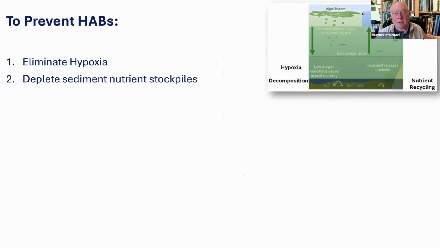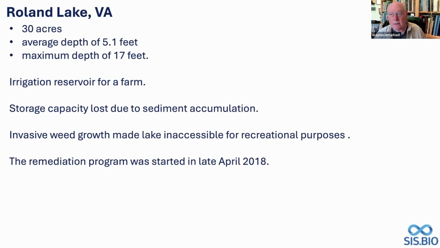Well, the next step is not just enough to control hypoxia and get the oxygen and nutrient levels down, but how do you deplete those sediment nutrient stockpiles so that the problem doesn't continue the next time summer comes around? So how do you deplete those sediment nutrient stockpiles? I want to move from this lake in Missouri to a lake in Virginia, a smaller lake, 30 acres, 5-foot average depth, maximum depth about 17. It was an irrigation source, and it was also used for recreation, but there was a reduction in the volume, the storage capacity, due to sediment accumulation, and a heavy weed growth that reduced recreational use. The program began in April of